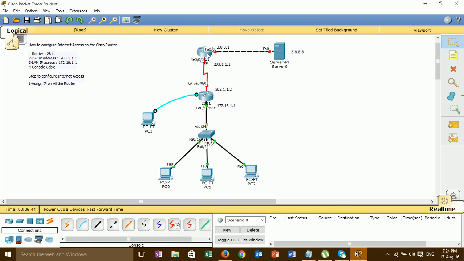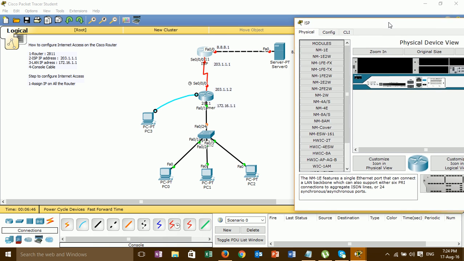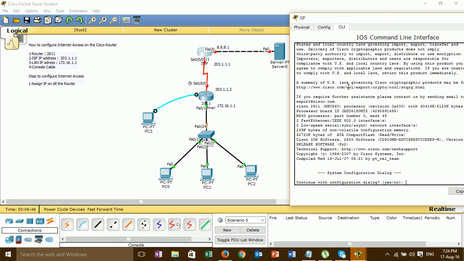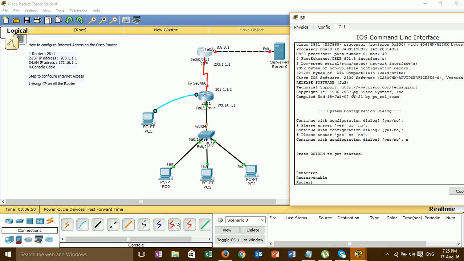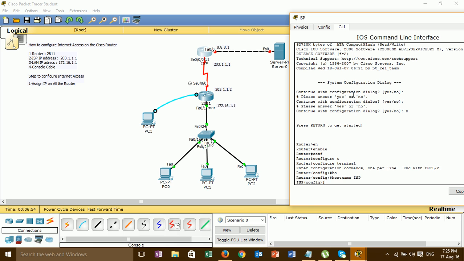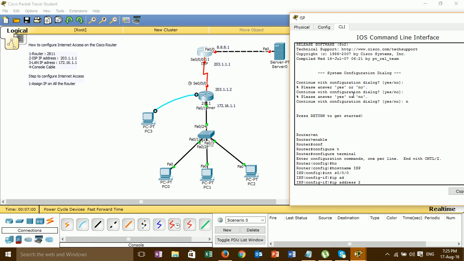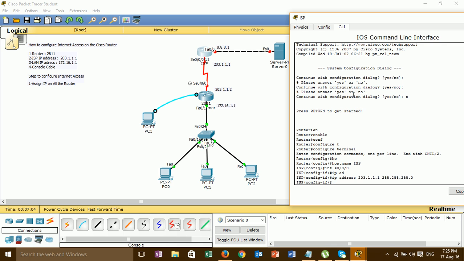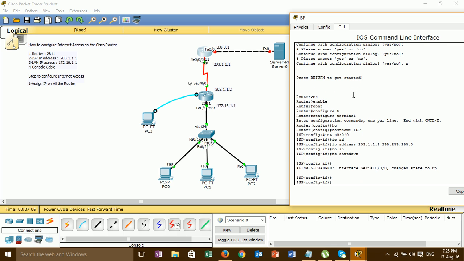Then I click on the ISP router and assign IP. Host name ISP. Interface serial0/0/0, IP address, no shutdown.